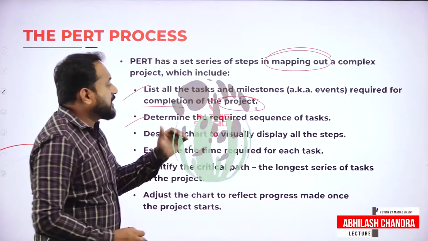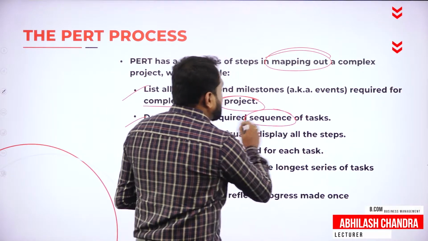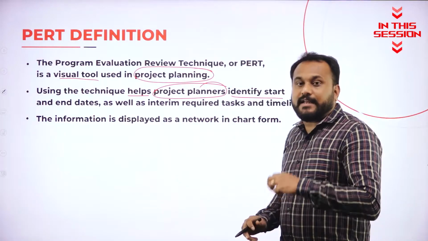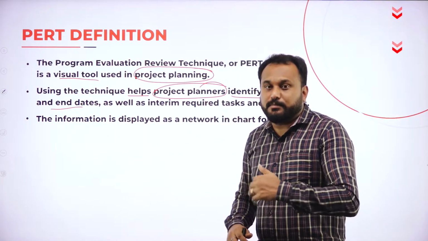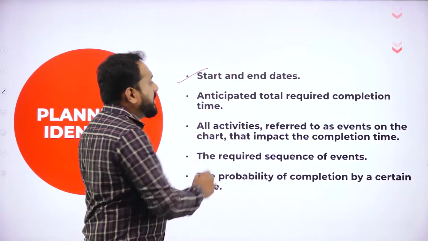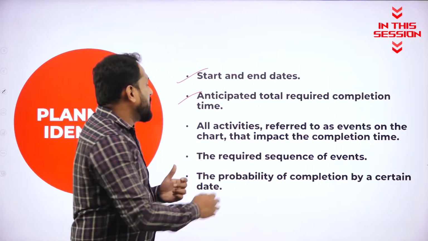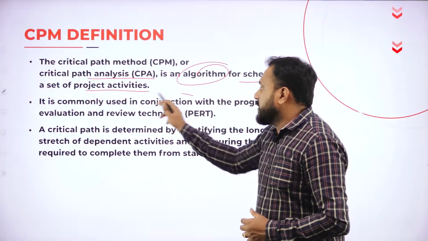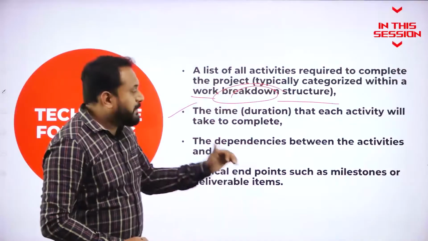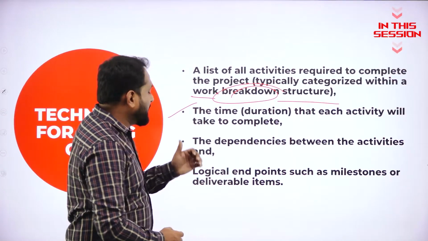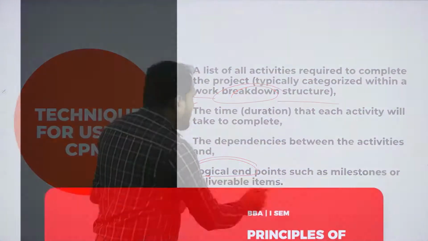Second is determine the requirement sequence of task. Now what are the sequences? So you are supposed to go with sequences. Identify start and end dates. So when to start and what time they can actually finish those projects. You'll get to know about the start and end dates. Second is anticipated total required completion of the time. Now it is commonly used in conjunction with the program evaluation, that is Pert. The dependencies between the activities, and the last one is logical endpoints such as milestones or